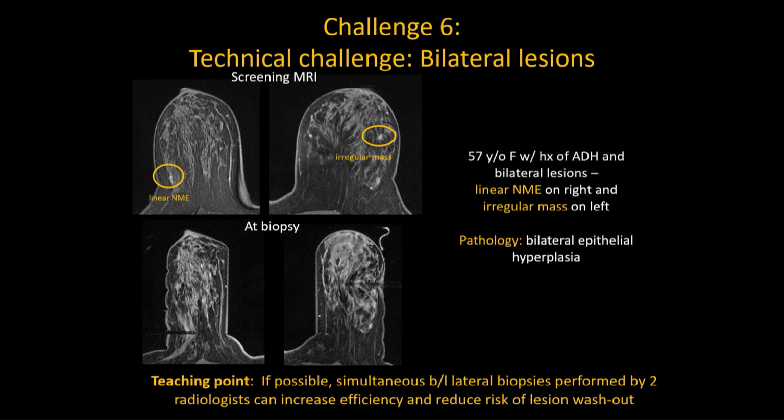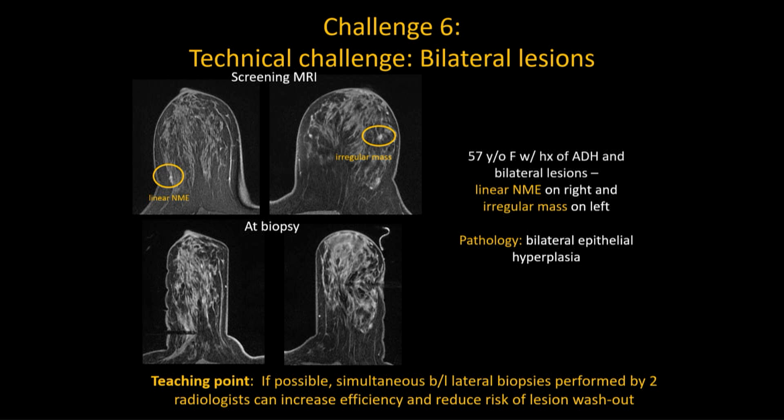So what if you have bilateral lesions? As we know, breast MRI lesions rely on vascularity, and once you start that biopsy, the time is ticking away because you don't want the findings to wash out. So if you have bilateral lesions, and you're lucky enough to have another radiologist, which we know in breast imaging is a little challenging now. So if you have another radiologist available or a fellow or a resident, you can do bilateral simultaneous